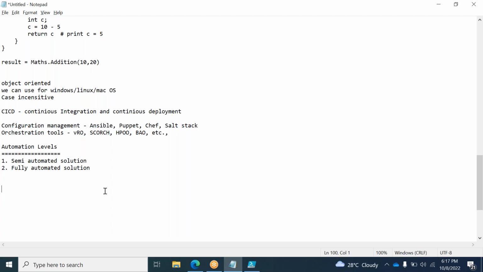We have API interaction, API management using PowerShell. We can use PowerShell separately, or we can use orchestration and other tools as well. But if you don't have any tools, you can use PowerShell itself for a fully automated solution to monitor the incidents